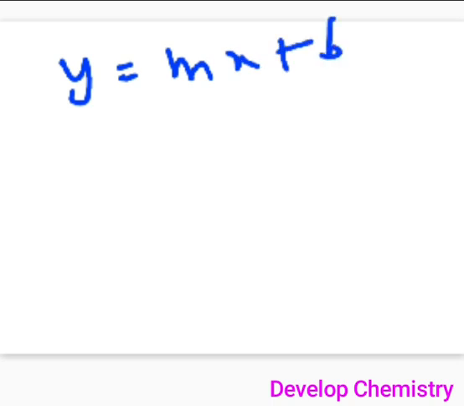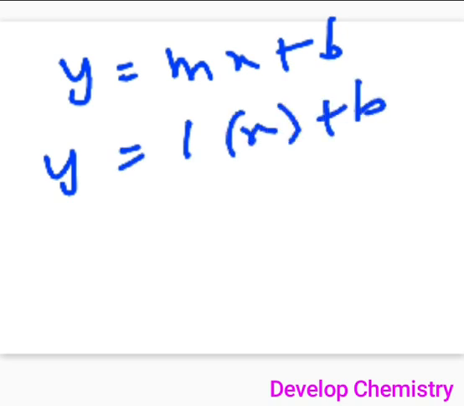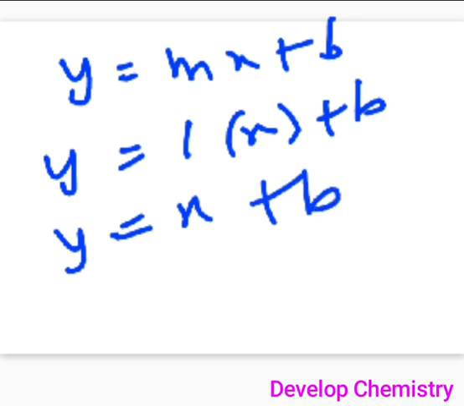What was the next step now? In the next step, you are going to fill the value of slope within the slope intercept formula. So, what was your slope intercept formula? y is equal to mx plus b. Value for m is 1. So, now the equation becomes y is equal to 1x plus b, that is y is equal to x plus b. Okay. Then we will proceed to the third step.